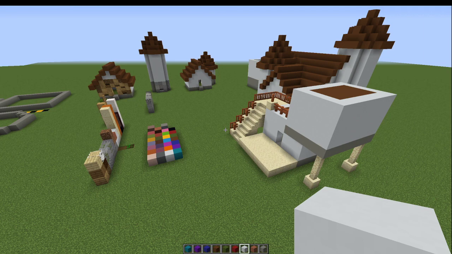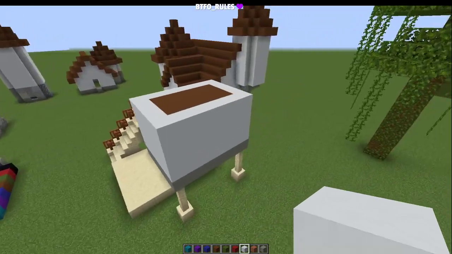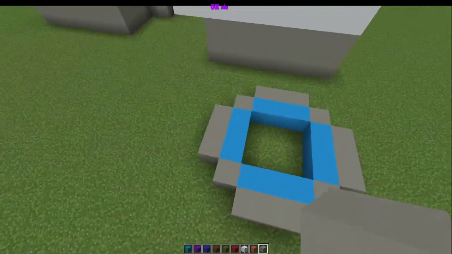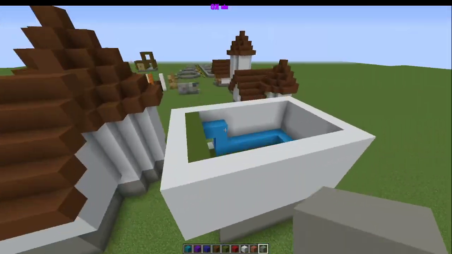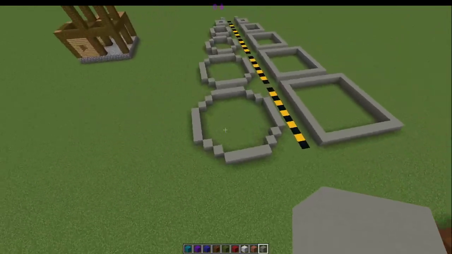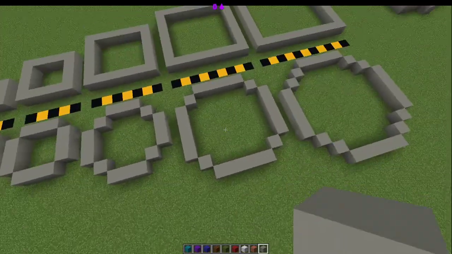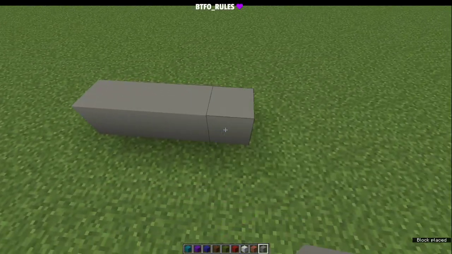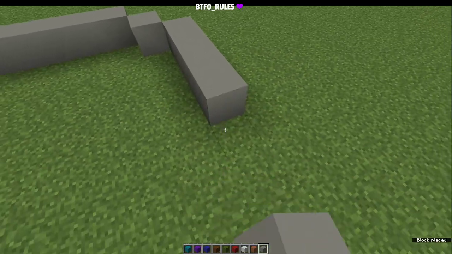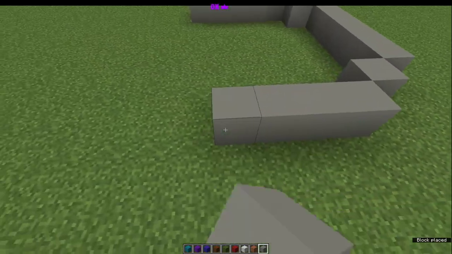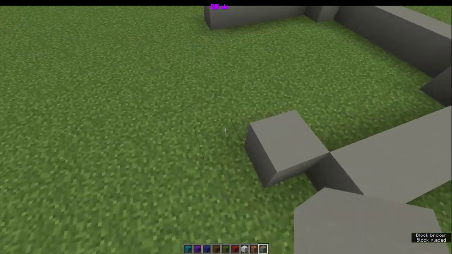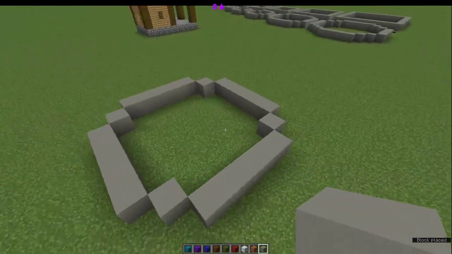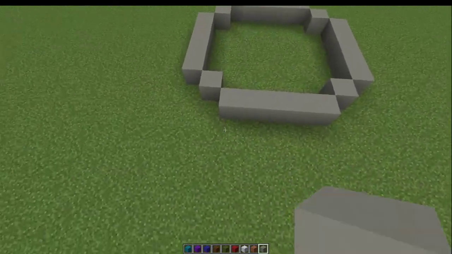Oh, that's super simple. So you want two towers, right? Well, we've already got one right here. But let's do a bigger tower this time. Let's take the 7 tower, okay? So we're going to do our 7 tower. All right, now what we're going to do to attach this is